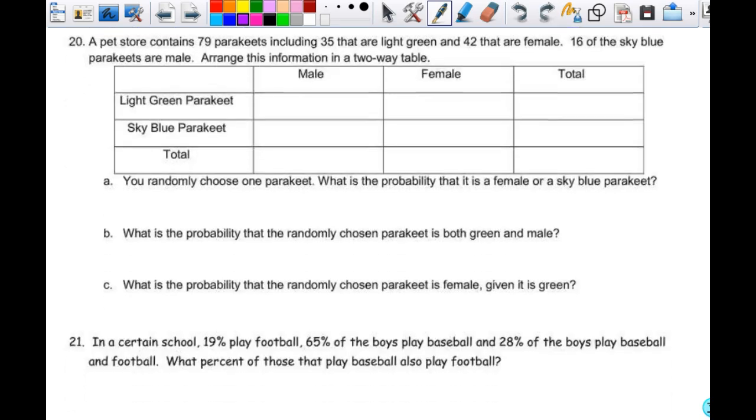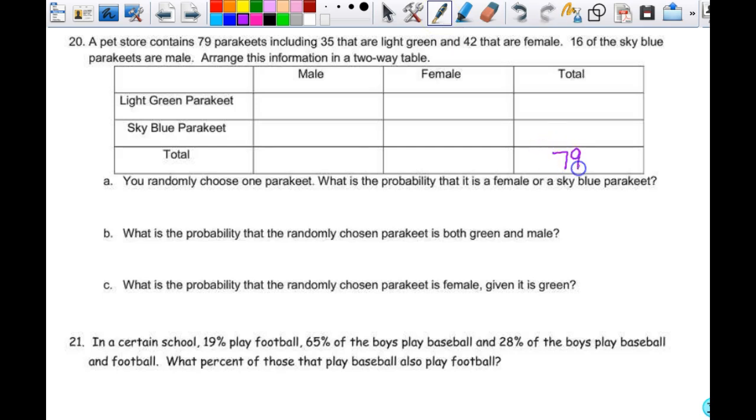Okay, number 20. A pet store contains 79 parakeets, including 35 that are light green and 42 that are female. 16 of the sky blue parakeets are male. Arrange this information in a 2-way table. All right, so back up. This is all about parakeets, male and female. We have 79 parakeets total, so that 79 goes